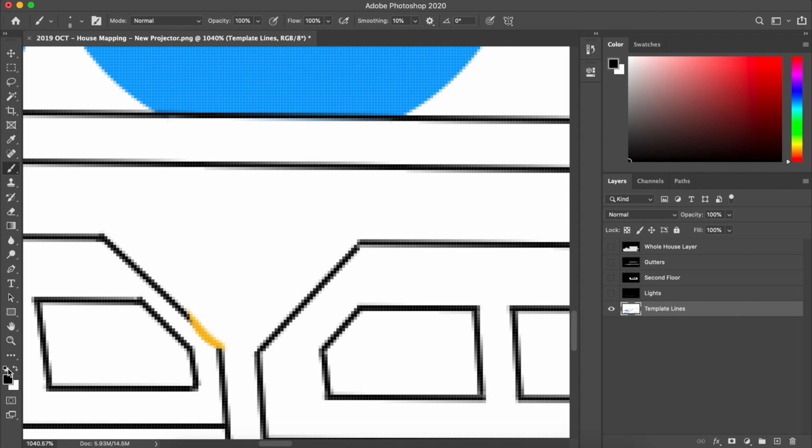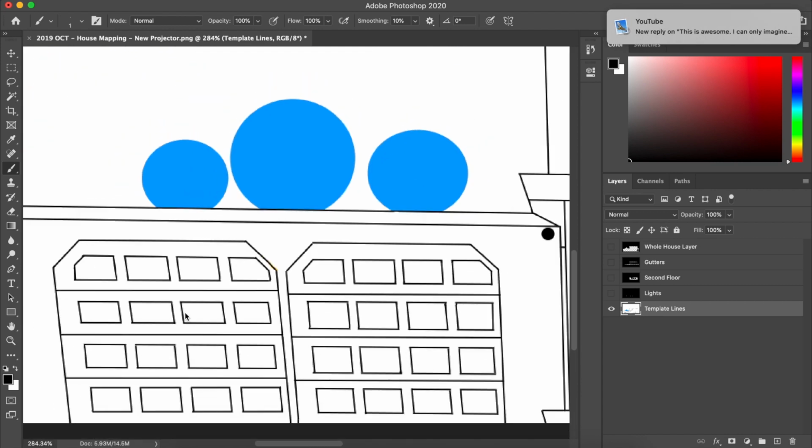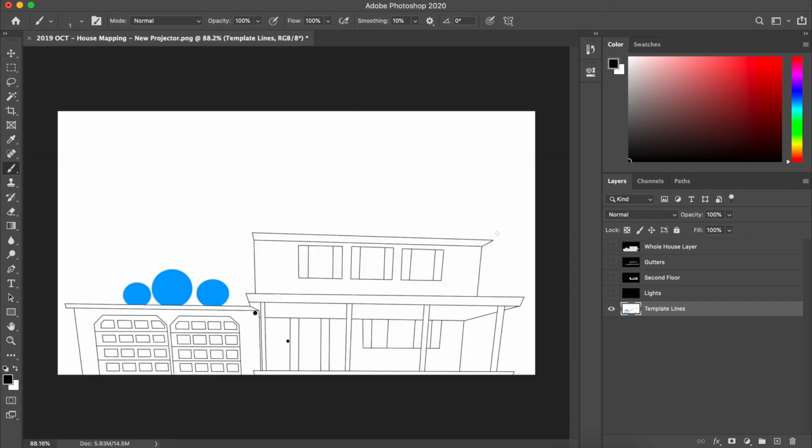Alright, I'll take my black, make it nice and small. There you go, like it was never there. Alright, so now I zoomed back out, and I'm going to just keep making my way through the different layers